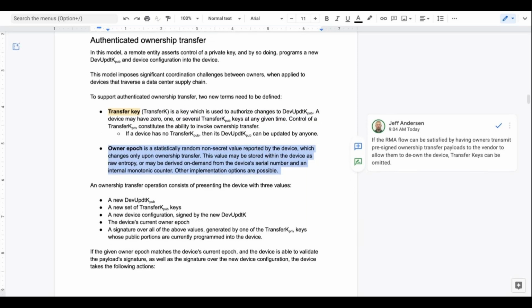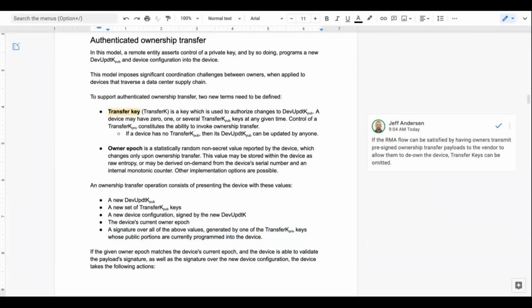The way this is all used is here. When you want to actually do an ownership transfer operation, you provide a new dev update kpub, a completely new set of transfer kpub keys. So you are completely replacing all the transfer keys within the device. New device configuration signed by dev update k, the device's current owner epoch, and a signature over all of these values generated by one of the transfer k priv keys whose public portions are currently programmed into the device.